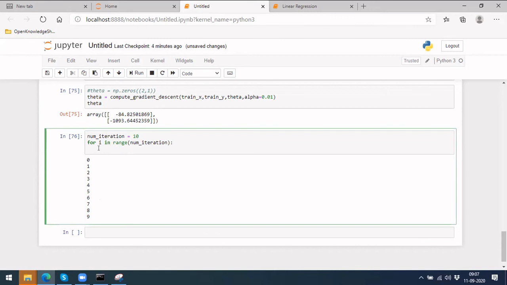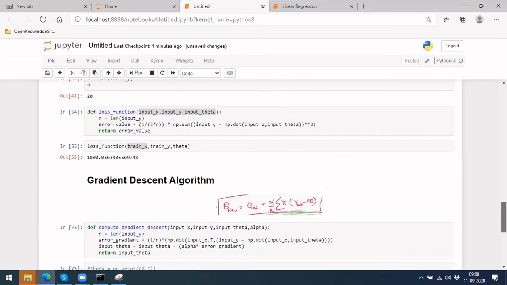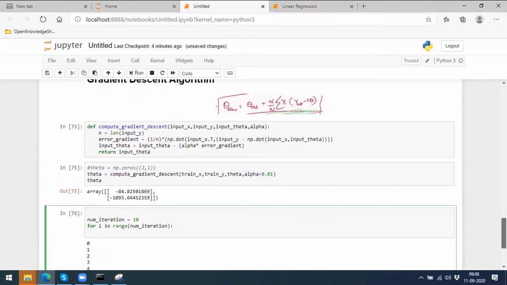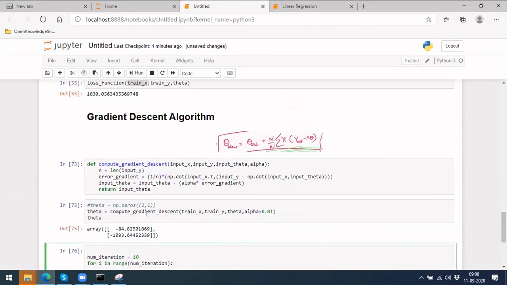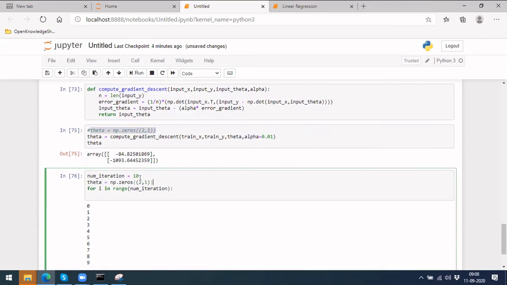Now the next part, inside the for loop. Initially you have this theta. Where is our theta? Yeah, initially we have this theta as this thing. Let me write it here.